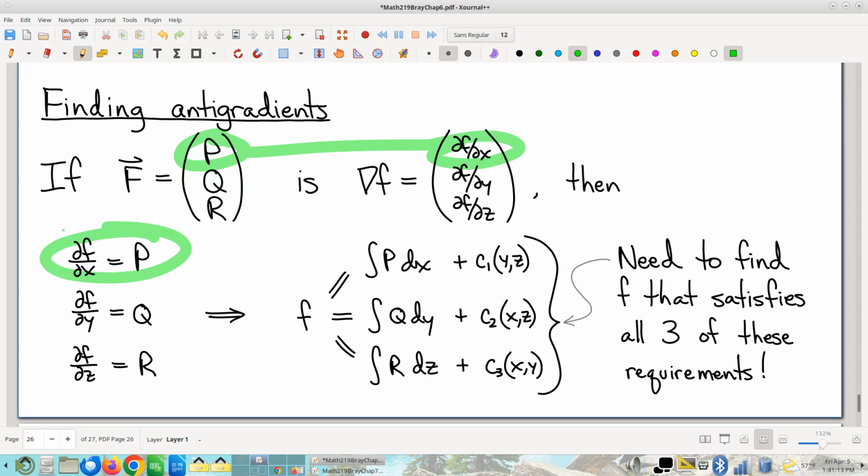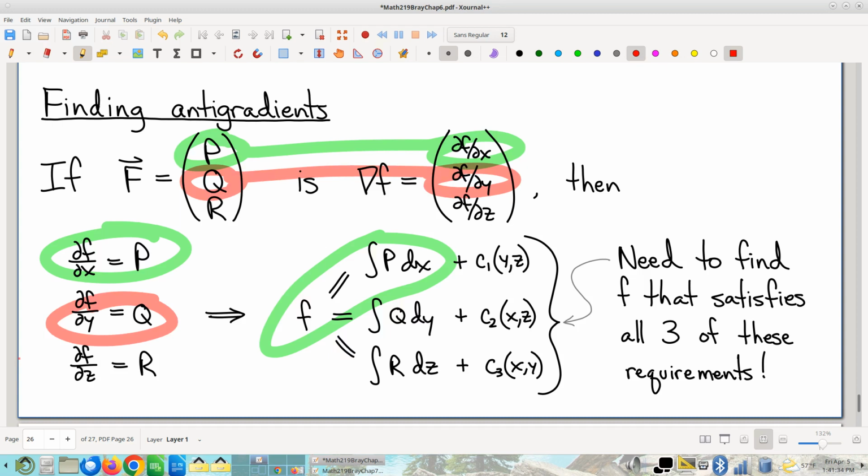Well, here's the thing. If P is the x partial of f, then that means f is the x antipartial of P. That's just what an antipartial is, right? And likewise, Q being the y partial means that f is the y antipartial of Q, et cetera,